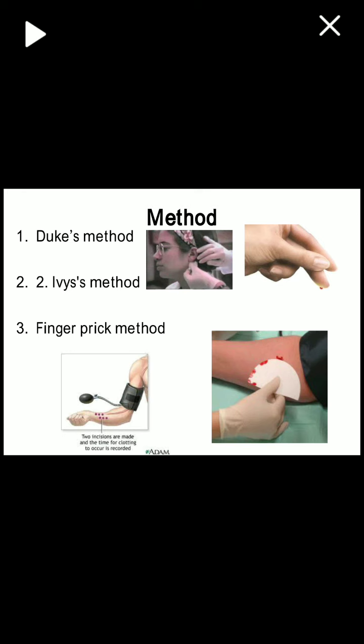The third method is the finger prick method. This is commonly used in the laboratories and it is very easy. Just take a lancet and prick your fourth finger usually, which is commonly used, and allow the blood to flow. With the help of a tissue paper, for every 30 seconds go on touching the drop of blood on your finger, until that blood stops. Then you have to calculate for how long the bleeding was there with the help of a stopwatch.